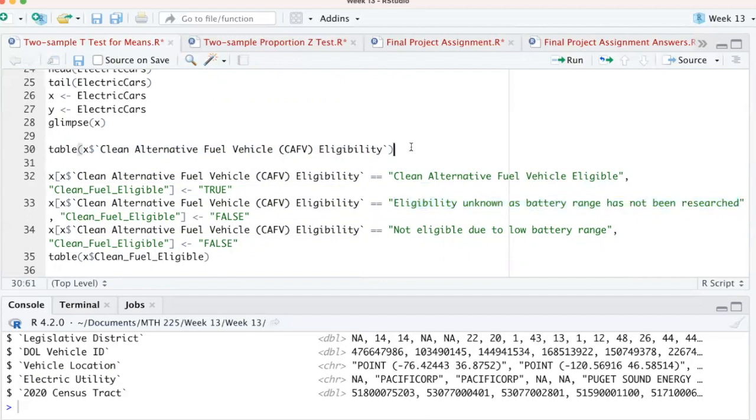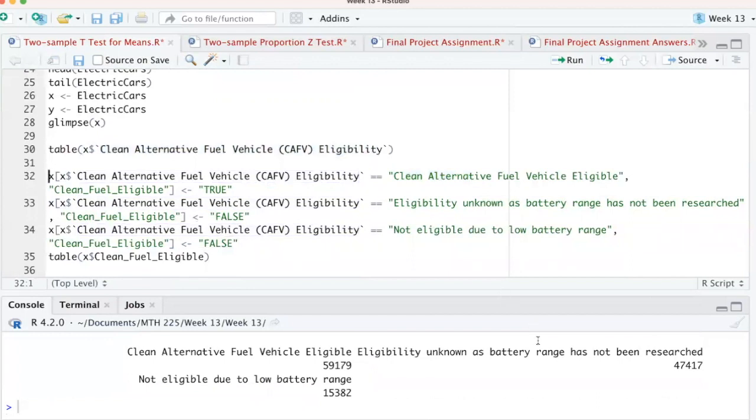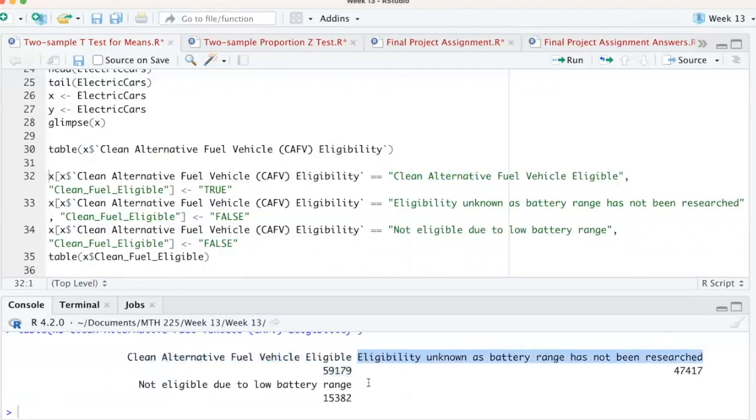So let's take a look at the table of this variable. And there you can see most of them are eligible. Well, I say that. That's the plurality of the three categories. And we're going to get rid of this one right here. And so you can see we still have about 75,000 cars, many of which are eligible and others that are not eligible. So we're going to create this new variable, and we're going to combine the three categories down into